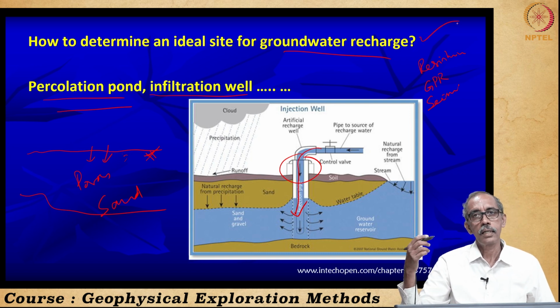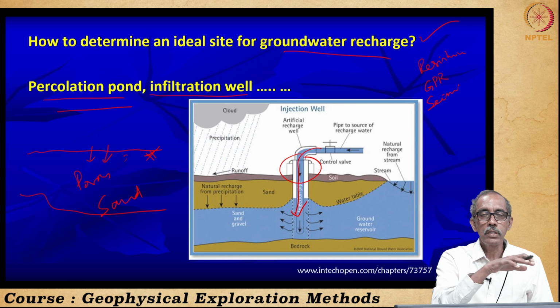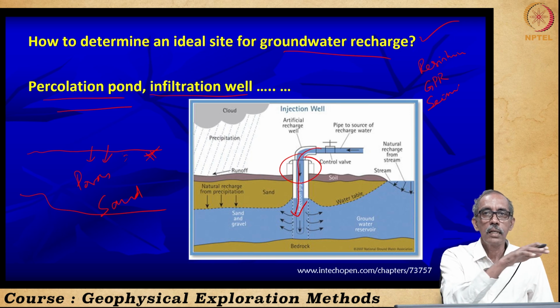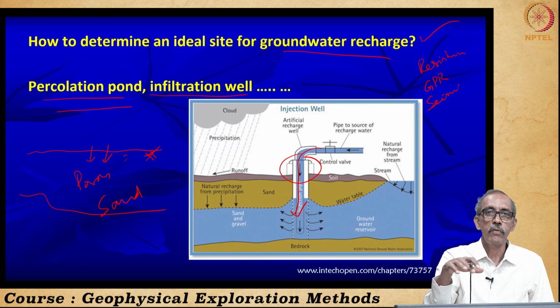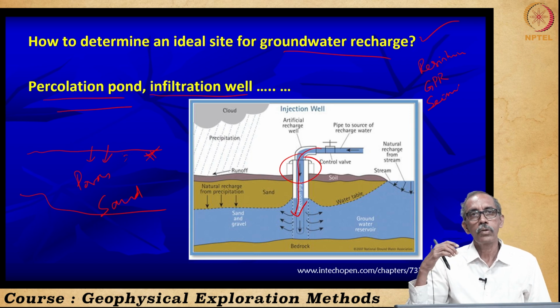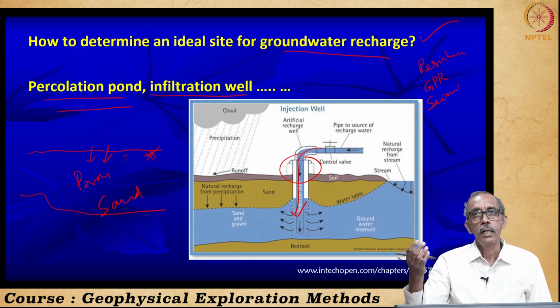Is that clear? So, I will say the simplest method may be to use the electrical resistivity method. If we have GPR, we can also deploy GPR since it is going to be very fast to delineate zones which are having more sand, regions which are having higher amount of clay. So, we need to identify a sandy region to go for a groundwater recharge project.